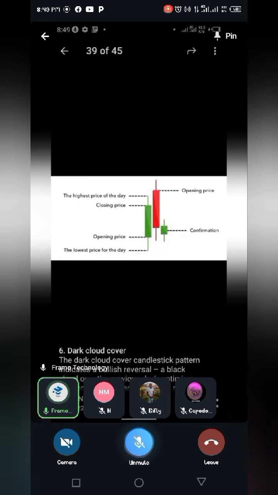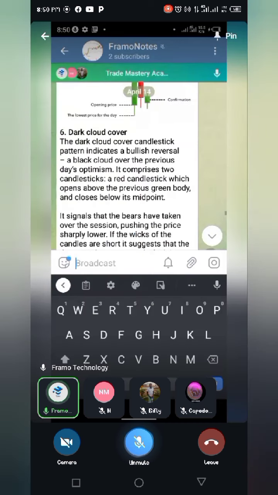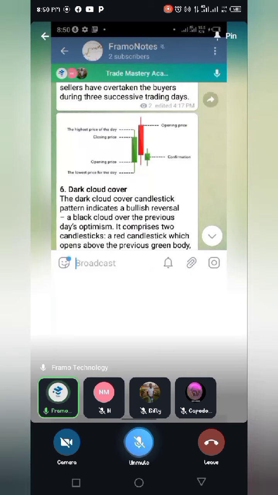With this, we saw the opening price of the green candlestick. You can see it from the green. Then we saw the closing. Then it left a gap and opened the red candlestick. So it's like an opposite of the piercing line. So the bearish part. Next one,